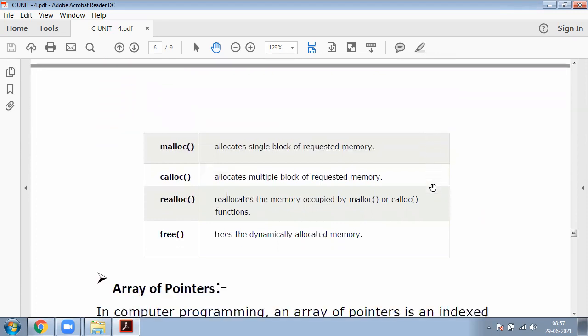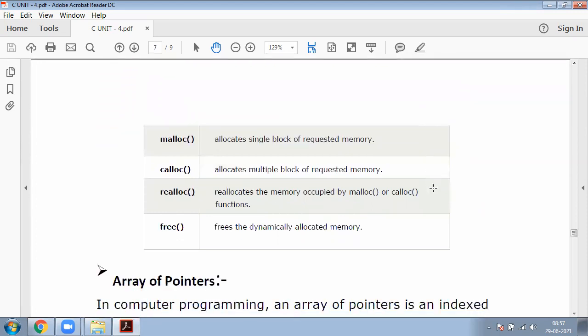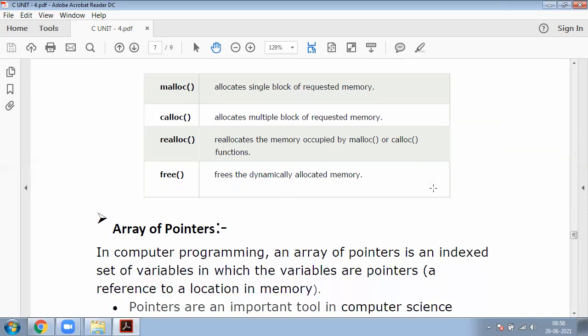Now, what can each function perform in C language? What is the meaning of malloc? What can the malloc function do? The malloc function can allocate a single block of requested memory.